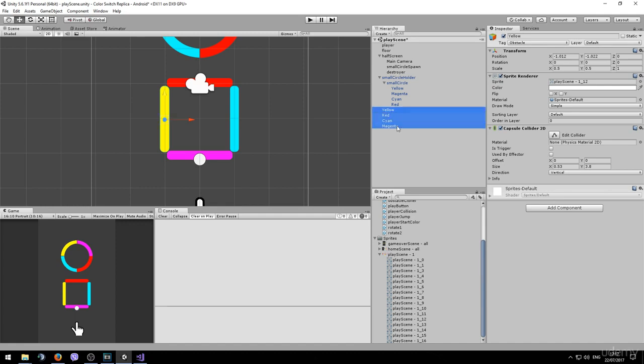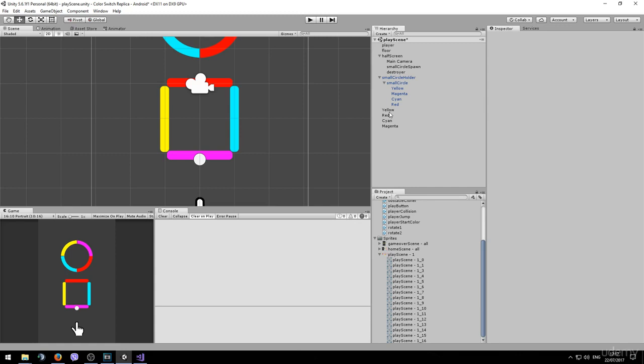Make sure to select all of them again and check the Is Trigger option to enabled. Once you are happy with the result of positioning them, you'll need an empty game object like in the small